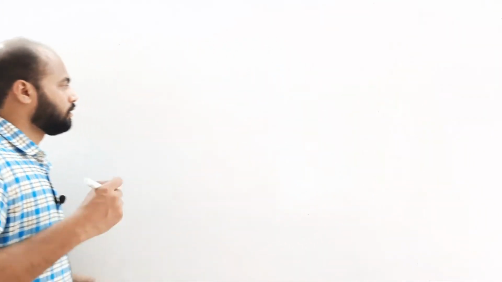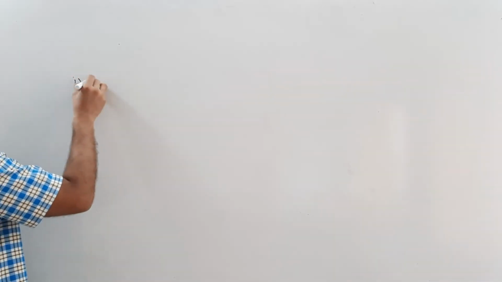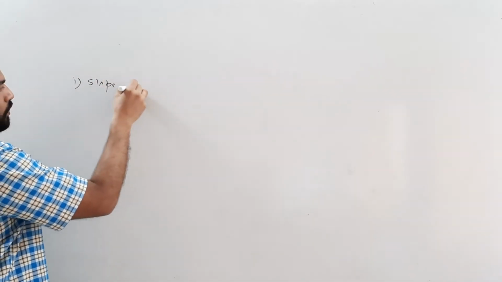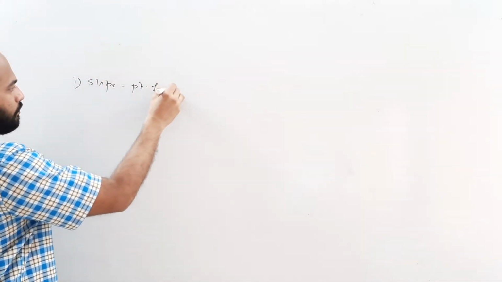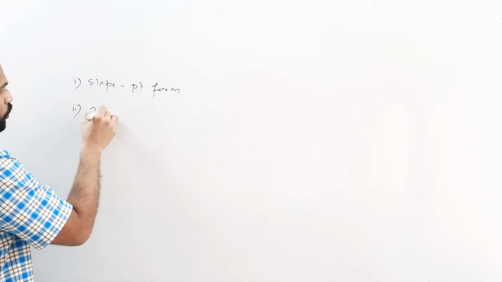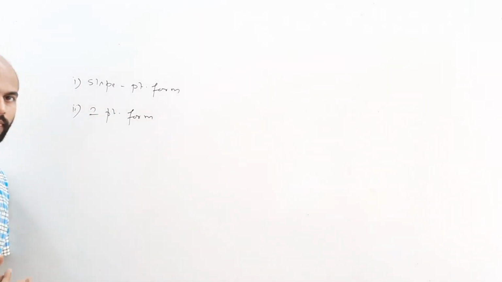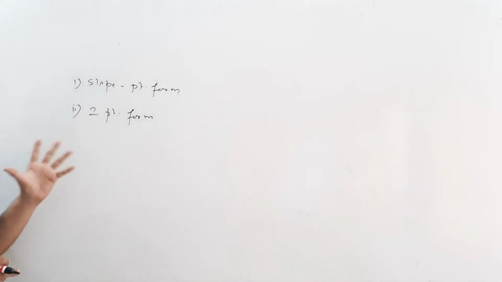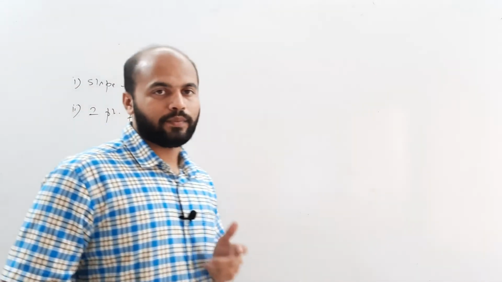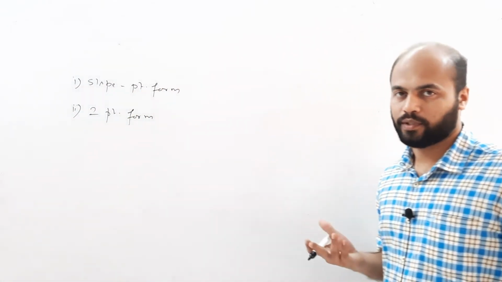So these are two important forms of equations of lines. Till now we have discussed two forms, that is the slope point form and the 2-point form. That's what we have been discussing till now. If you have understood this and if you have got a feel of this, that means you have entirely understood the concept of slope and how to apply. Now the next equations come from this and they are quite simple.